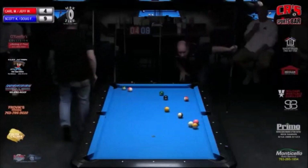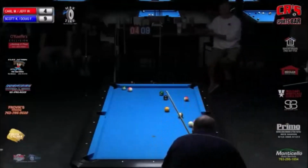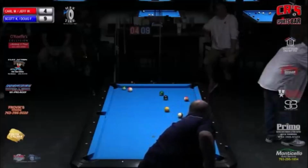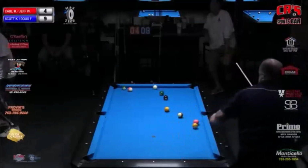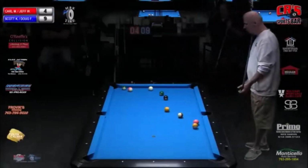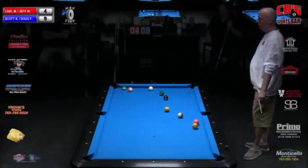All right. I think he's on the 11 though, but that 9 has gotten tough. I kind of like that. The 15 will open up that 9 ball though. What I would like to do is shoot this combo and leave one of these balls in front of the hole over here, which this might be kind of, I don't know if he likes it too much. Cue ball could have been up off that rail just a little bit maybe, but